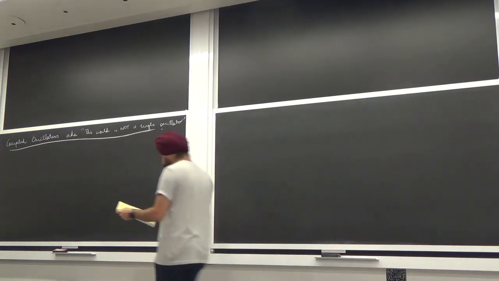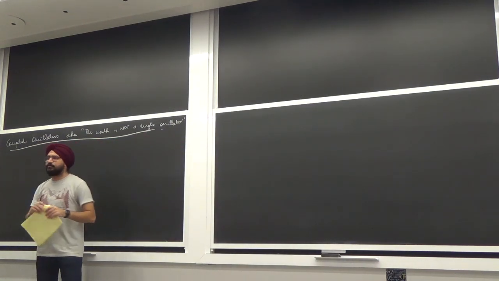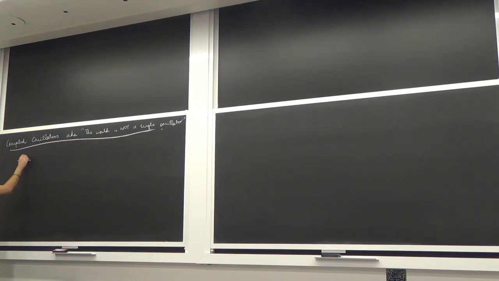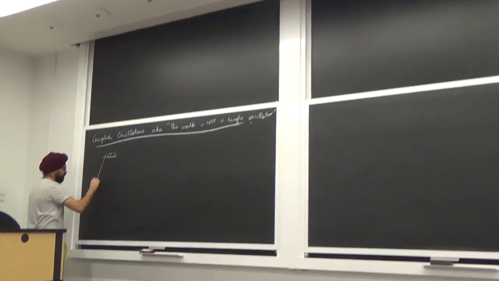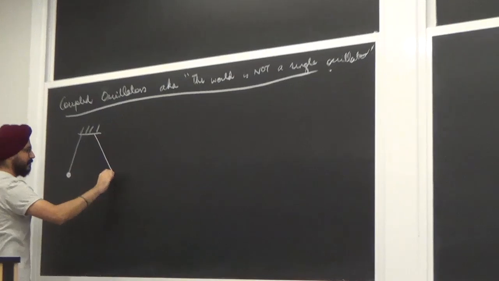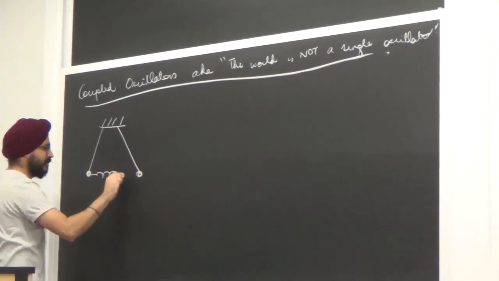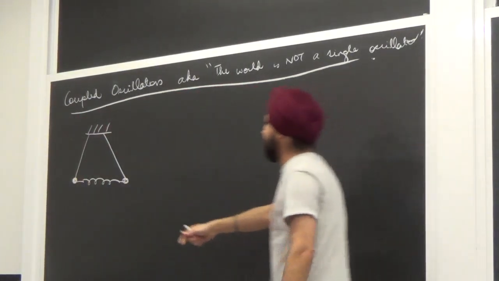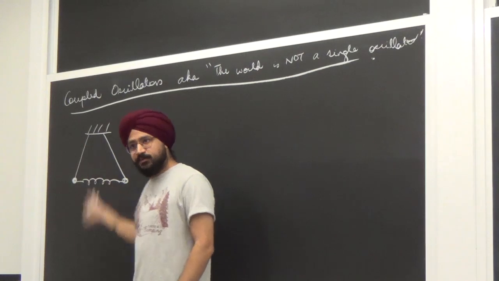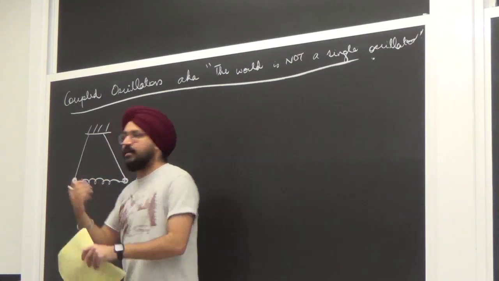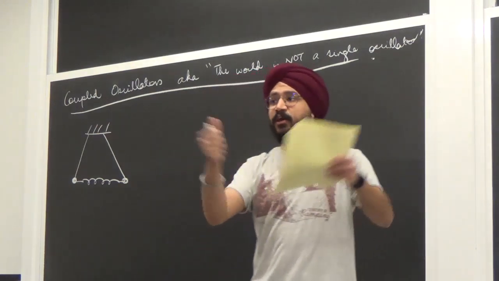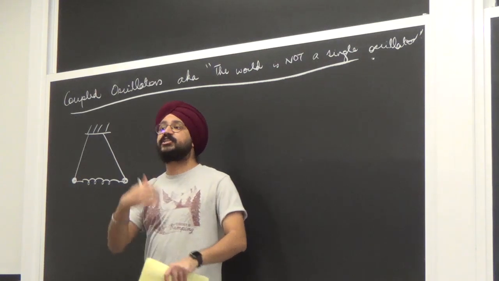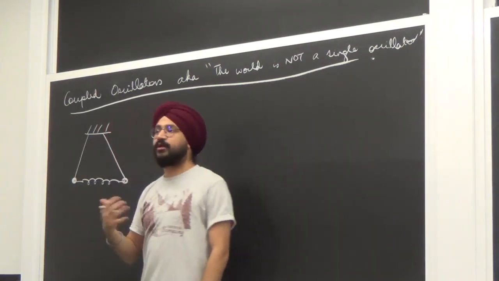I could go the usual way every book talks about it. I could start talking about two pendula, maybe that's the plural of pendulum, which are coupled by a spring in between, and you leave them, and they move together. It's obvious from this that it's not a single pendulum. There are two pendulums, or pendula, which are coupled by some interaction amongst the two. So depending on what state they are in, there are different forces acting on the two masses, in addition to what the gravitational force would have been.